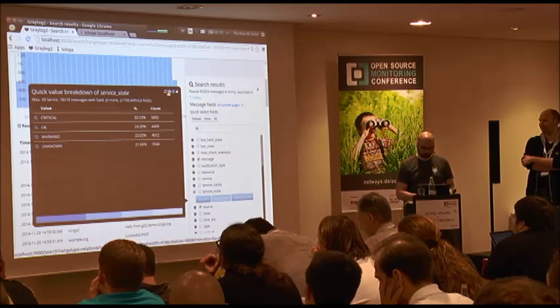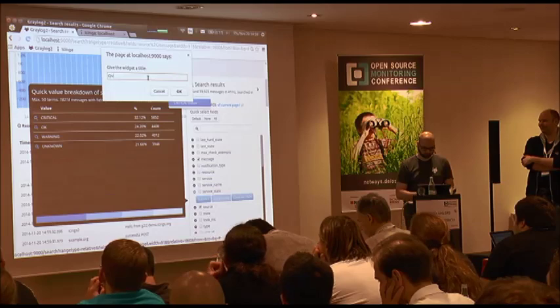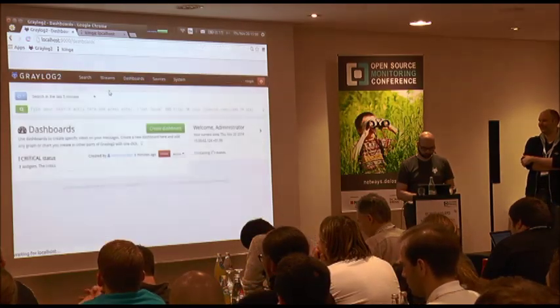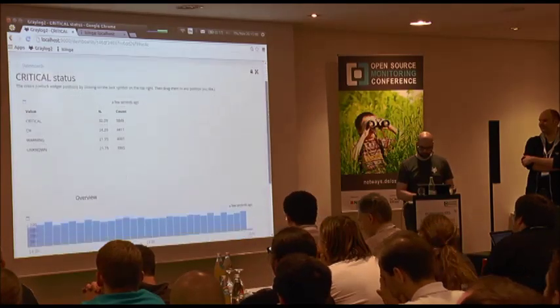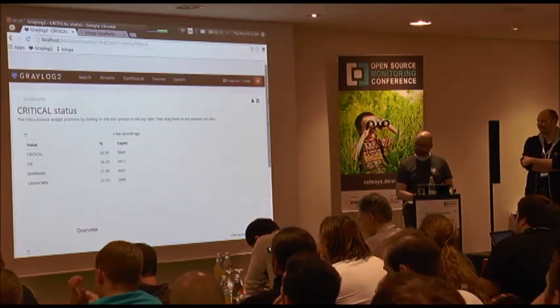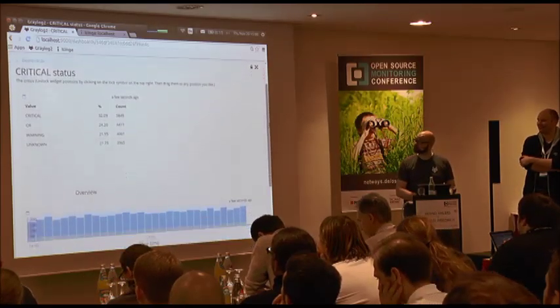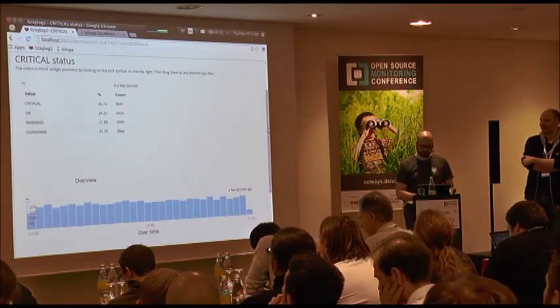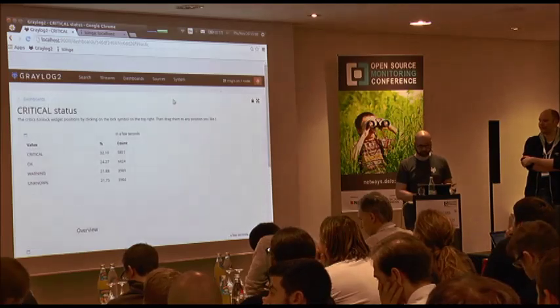And we can also add that to the dashboard, for example. So now we have all three things on your dashboard. Because of the small screen size, it looks a bit weird. But there you have the table, and it's also automatically updating every 10 seconds, I guess. So that's dashboards.